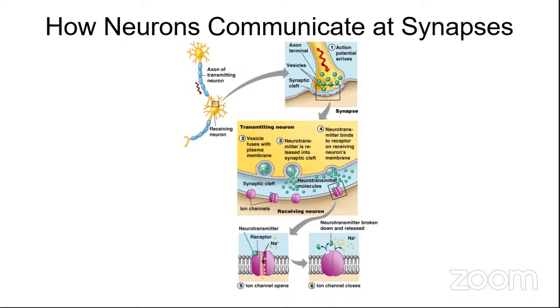So this is the synapse. This is the actual structure of the synapse. When the action potential arrives here, then in some way it makes these vesicles come in contact with the presynaptic membrane. I hope that the nomenclature is clear in your mind. This is the presynaptic membrane, this area, and this is the postsynaptic membrane.